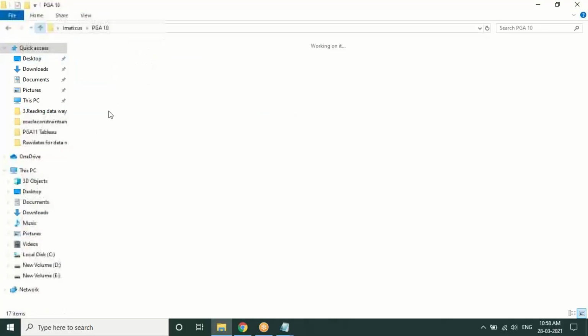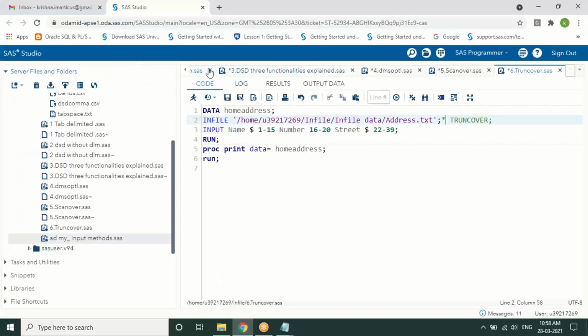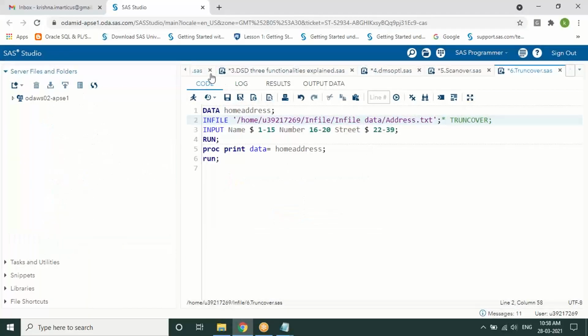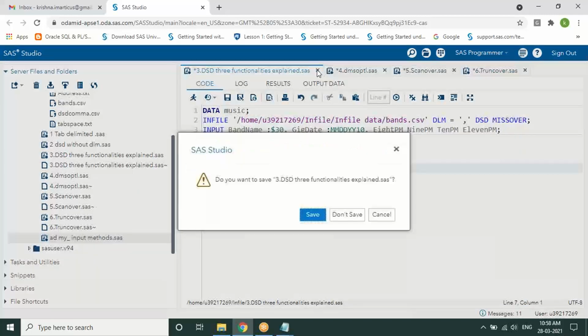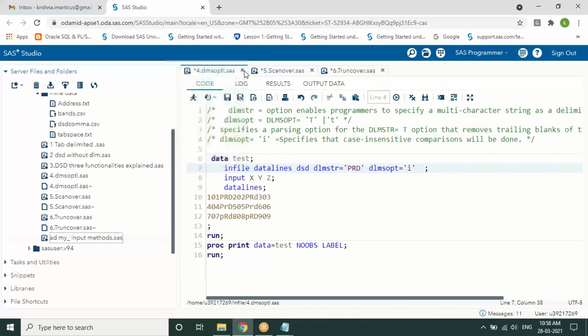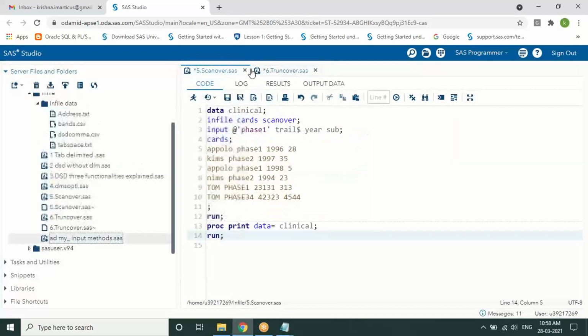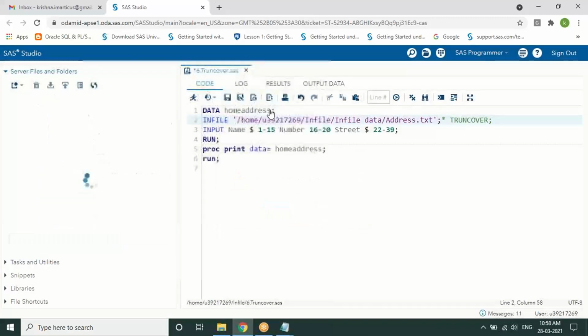So shall we start with the next topic? Do you want to look into these programs once again, or just take 5 minutes to have a look into these codes?